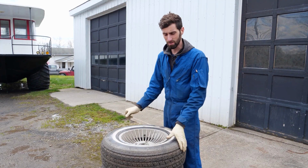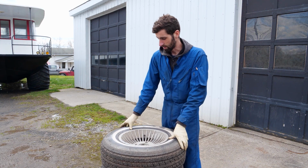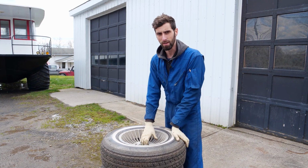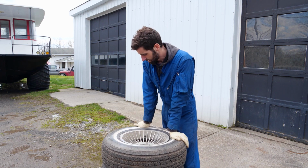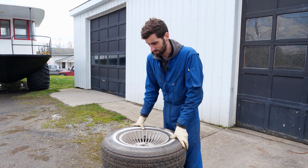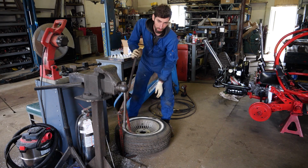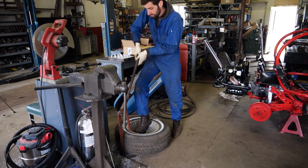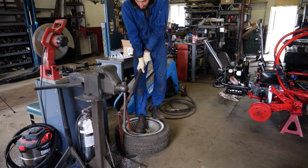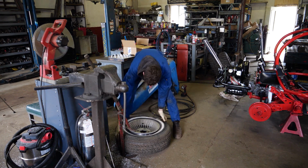So I got a little tool inside that I can break this bead. And then I got some tire irons and I just do this by hand. It's kind of a pain to do this with the bars or whatever, but it's a lot cheaper to do it yourself. So we're poor. I'm gonna do it myself. This is pretty much the hardest part about changing tires. If you don't have one of these tools, it's really hard to get these things to come loose. But with this handy little machine,